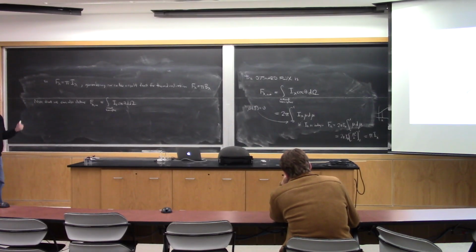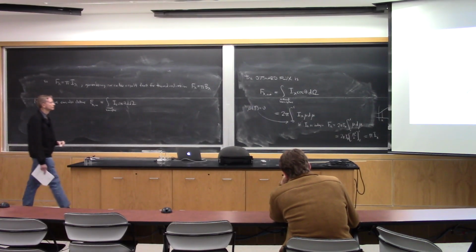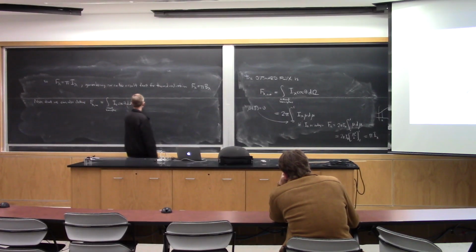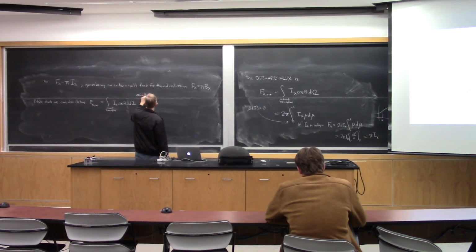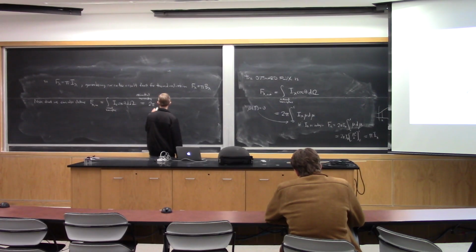So we could just go the other direction. And if there's azimuthal symmetry, we'll have that that's 2 pi times the integral of I lambda mu d mu,